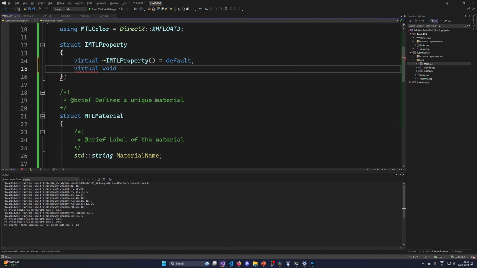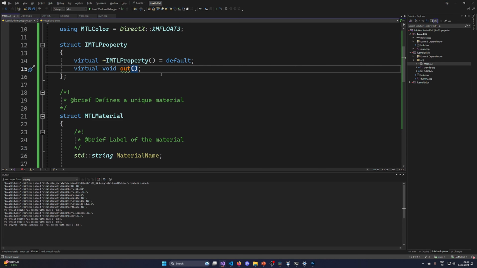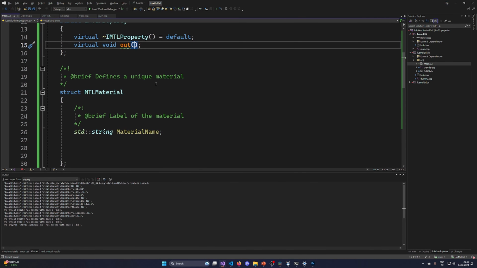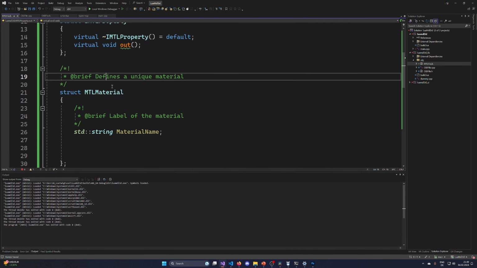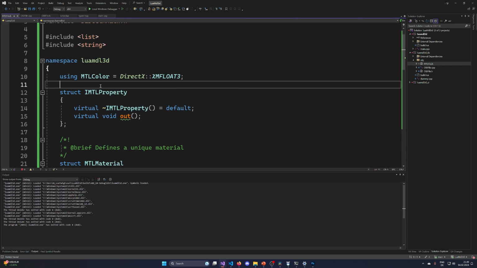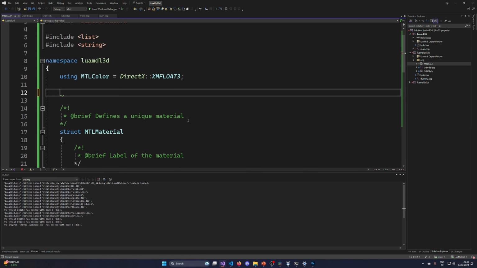The virtual void out function, so it's gonna have a function so that the material can be outputted, but I don't really love to use structs. And I think we can do it differently. We can do a